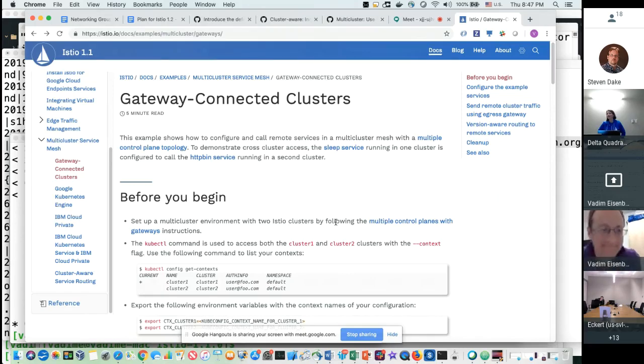Go ahead, Steve. Which is that we need better clarity in our documentation around why you would make a specific choice. Yeah, one of our three gateway or one of our three multi-cluster implementations, because even I'm confused, and I've been in this for 15 months trying to sort this out.